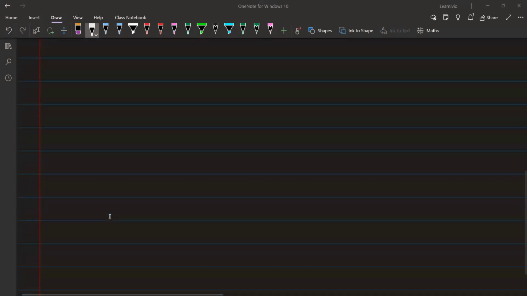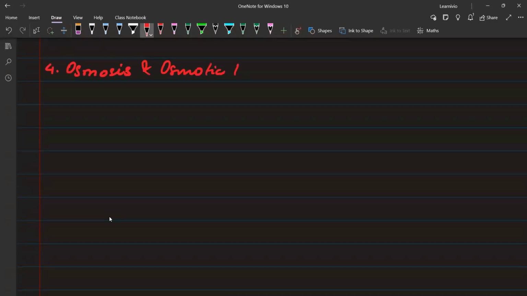Now we are going to look at the fourth colligative property, that is osmosis. Osmosis and osmotic pressure. You guys must know what is osmosis. At least you must know what the word is. Osmosis should not be a new word for you. You may not remember the definition of osmosis, or you don't remember the concept of osmosis. That's perfectly fine. But you may have heard this in the previous classes if you studied till